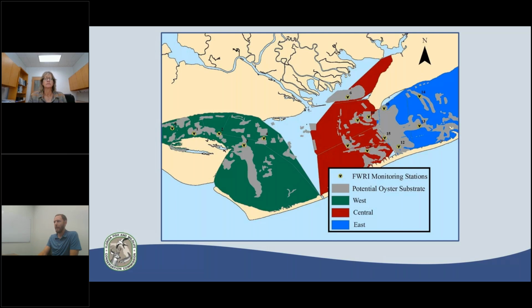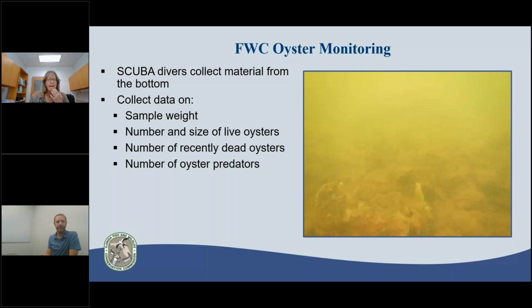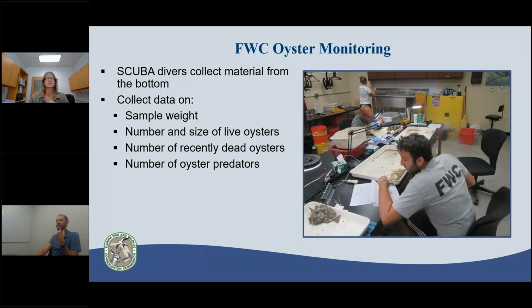and this really helps us to be able to break down the different sections of Apalachicola Bay. So some of our monitoring protocols, like Sandra mentioned, we primarily use in-water diving. That is actually me. They get me out of the office every now and then and let me get into the water. So divers go off the vessel. That is about what it looks like on a good day, where we collect material that is on the bottom, bring it back up, and we take a lot of data on the sample weight, the number and size of live oysters, the number of recently dead oysters,